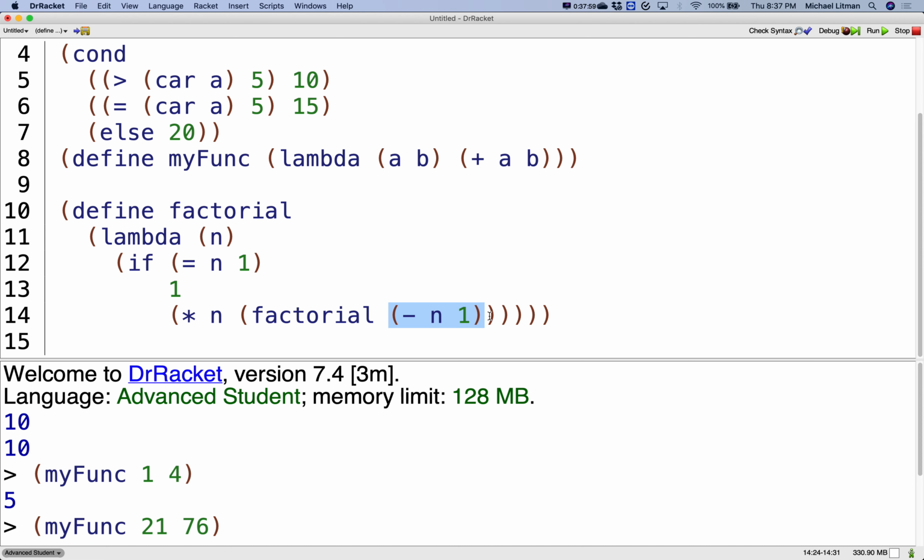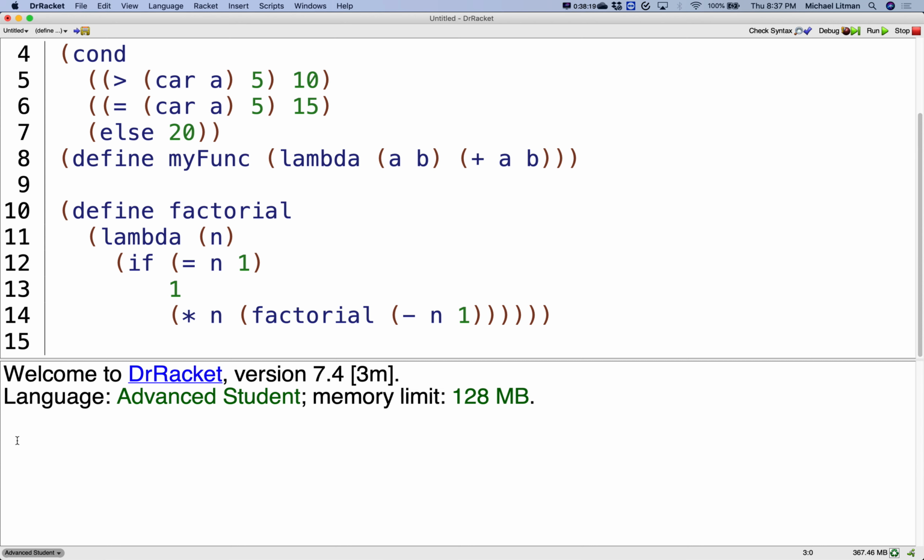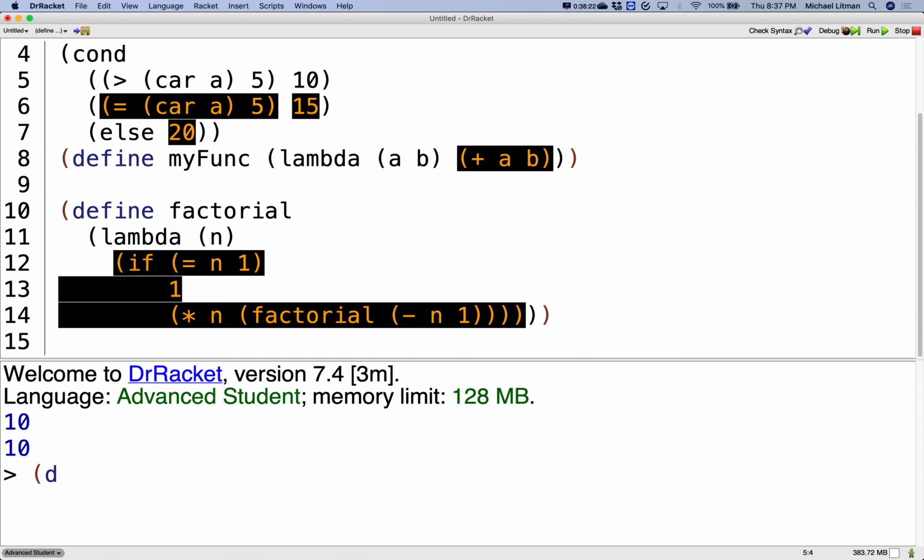So if n was 4, this guy's going to boil down to 4 times the factorial of 3. This guy was 3, it's going to boil down to 3 times the factorial of 2. If it was 2, it's going to boil down to 2 times the factorial of 1. This guy was 1, it's going to boil down to 1. Make sense? So now, I can say factorial of 4